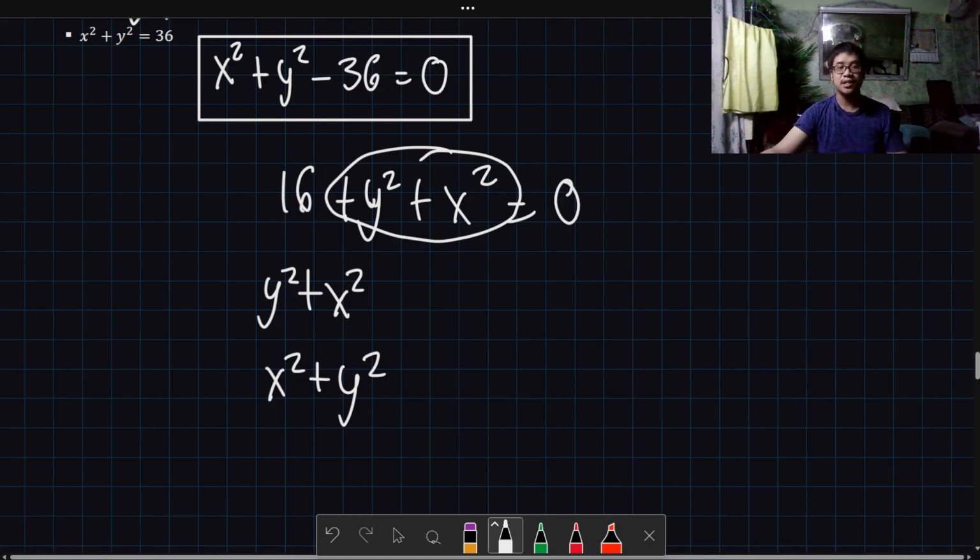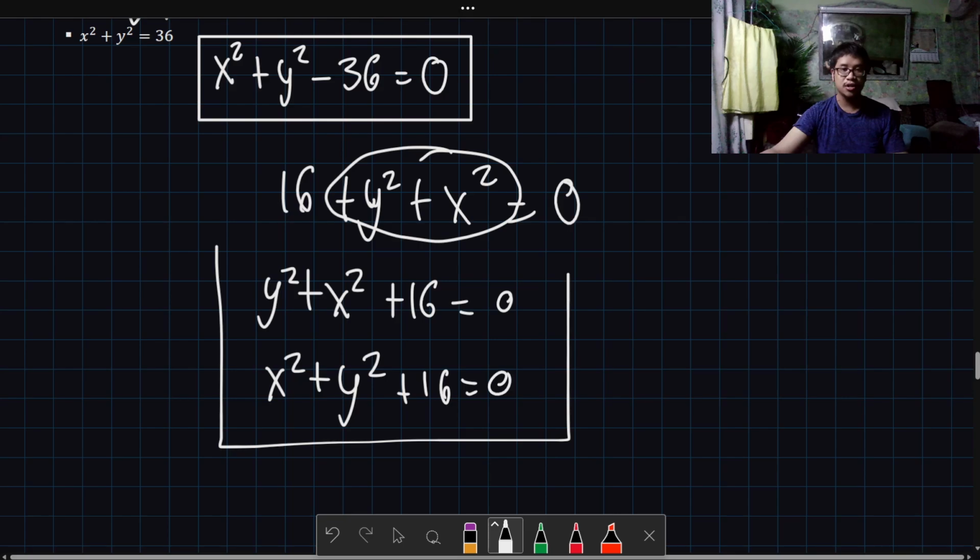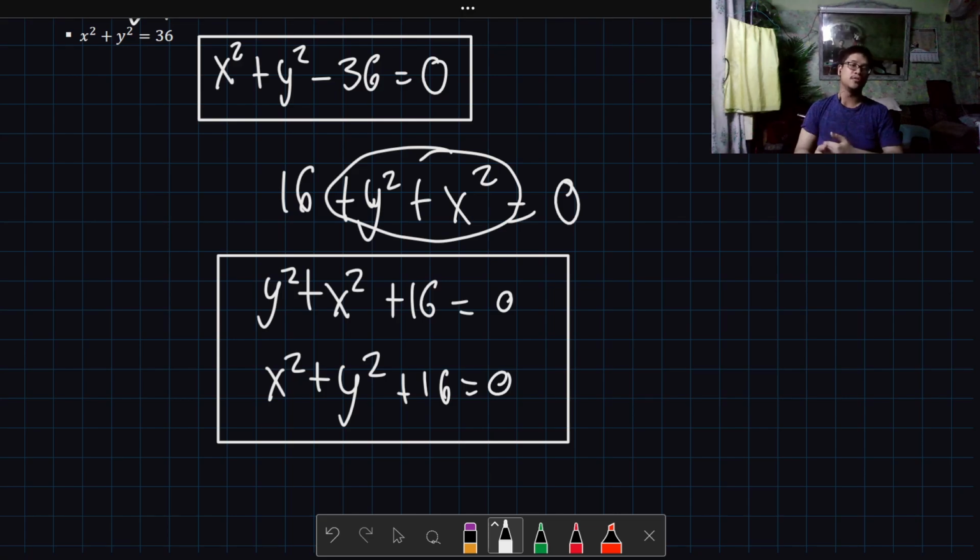That's it. Then what's left are the next lower exponents. So plus 16 is equal to 0. All right, so this is the format that you should follow if you're going to convert it into general form. Now, if you're asking me, before we proceed to the next part,